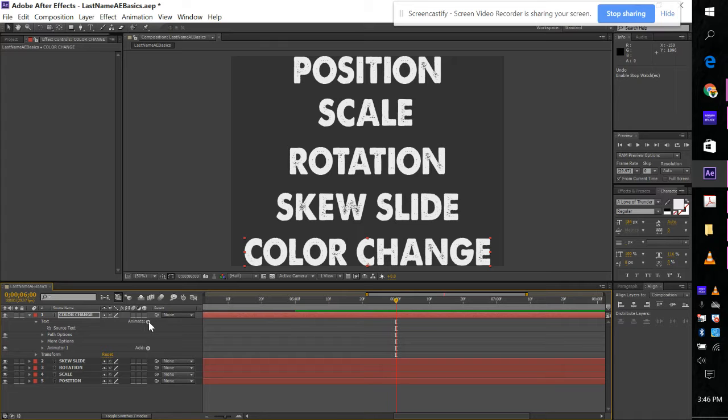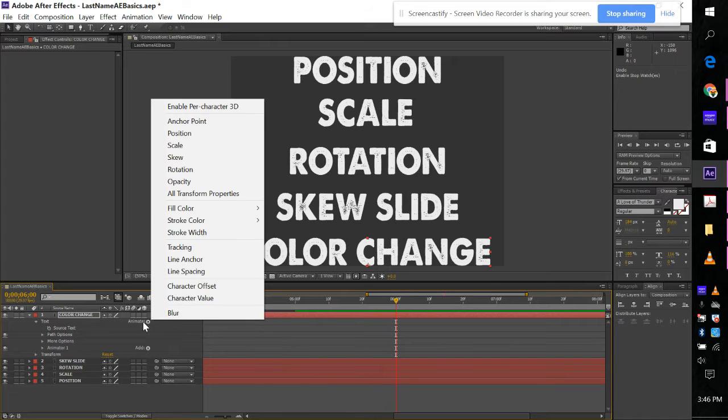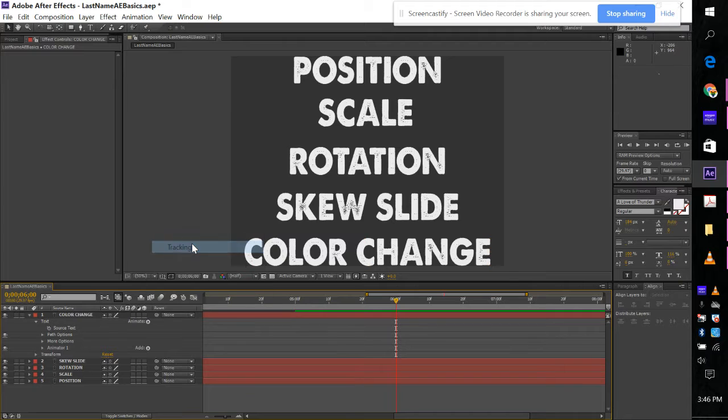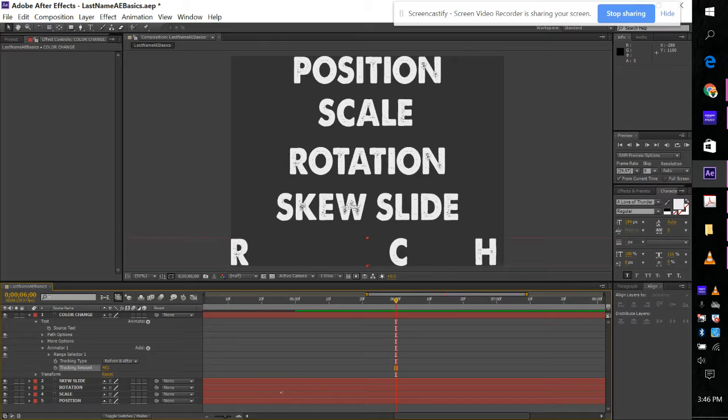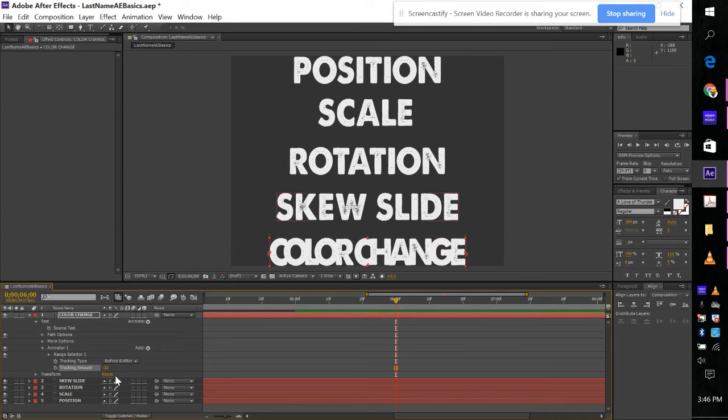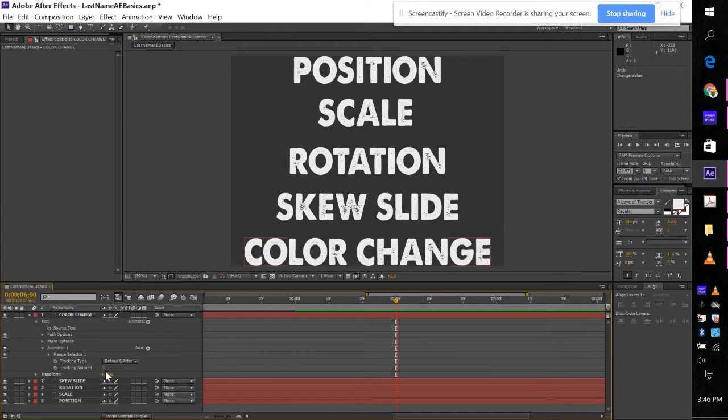So go to our animate little arrow here, and we are going to use tracking. So tracking, and when we turn this on, yours should pop up. Tracking amount is how much space is between text. So if I stretch that out, it gives more space between them. It's going to make it look like the text is kind of flying in from